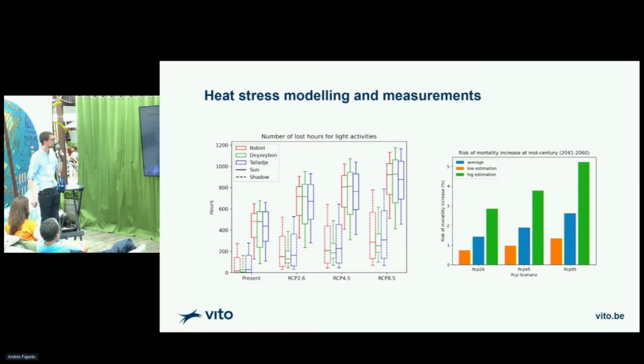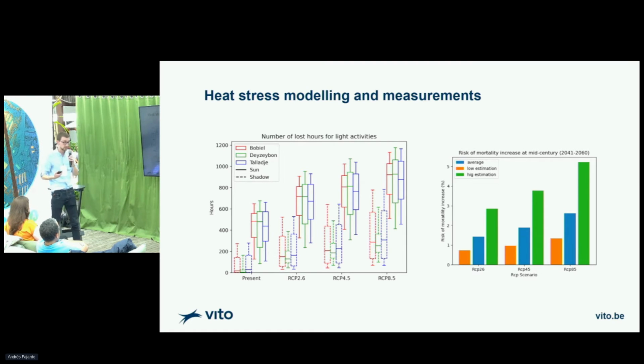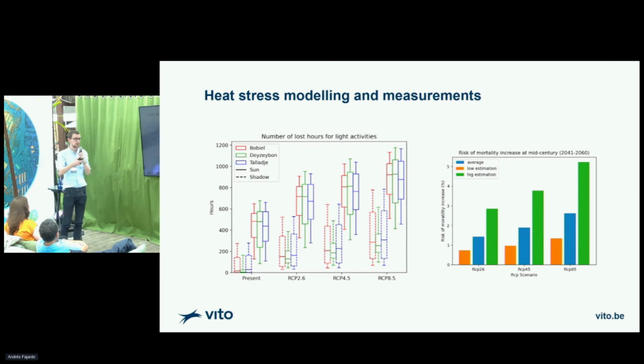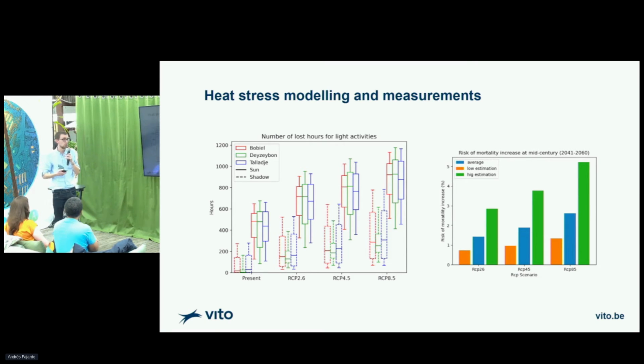Lastly, these measurements from heat stress can be translated into impacts. Of course, if the heat stress is too high, you cannot function anymore, you cannot work anymore. So this has an effect on the amount of work that a person can do outside, for example. This is a graph on the left here, again for these 3 city quarters, showing how many hours are lost because the heat stress is just too high.